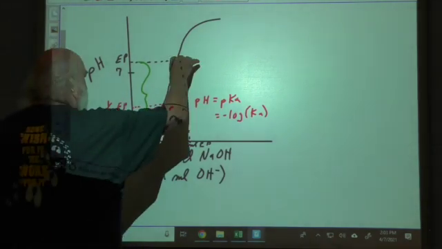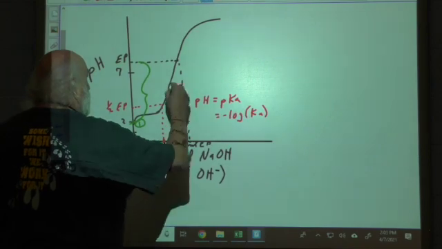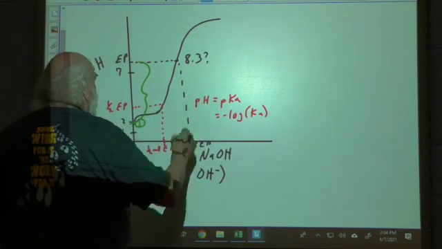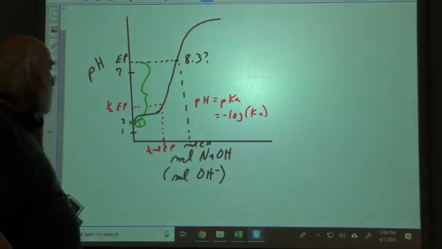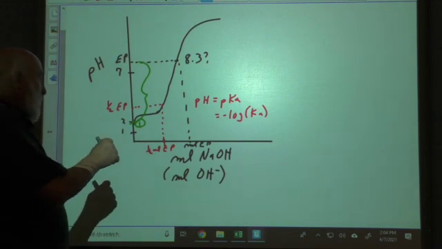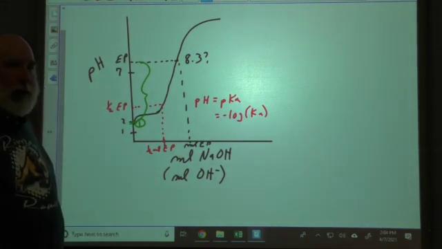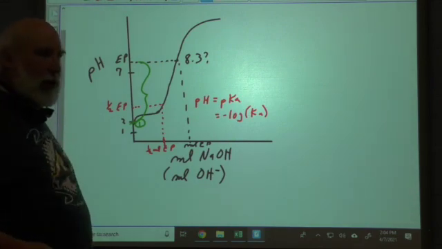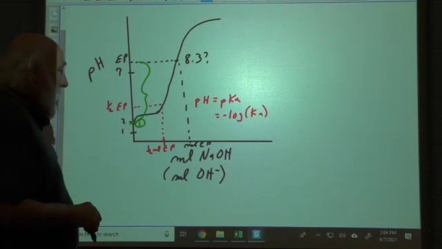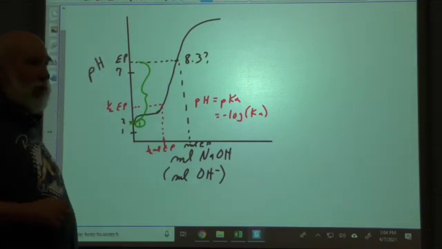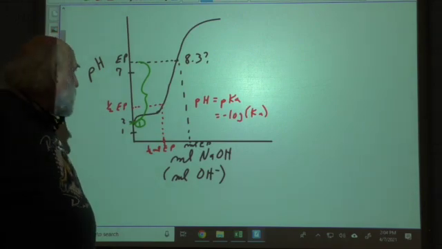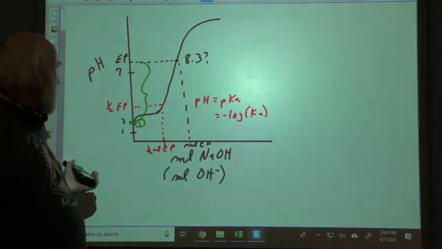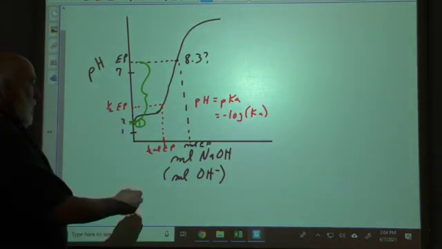We called the equivalence point here, but we said that it was 8 point something something. I don't remember offhand, 3.3 or 3.0 or something like that. Well above the 7. Now, here's the other difference, the half equivalence point. We didn't care about that in the strong acid, strong base, because it really had no significance, but it does here. And one of the things that we could do for labs, we can find the actual Ka of a weak acid by titrating like we did, and then find the half equivalence point,